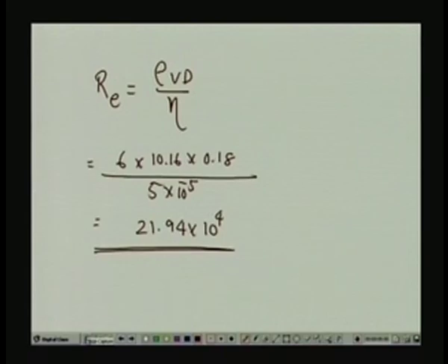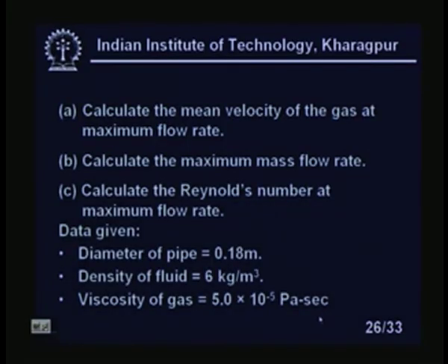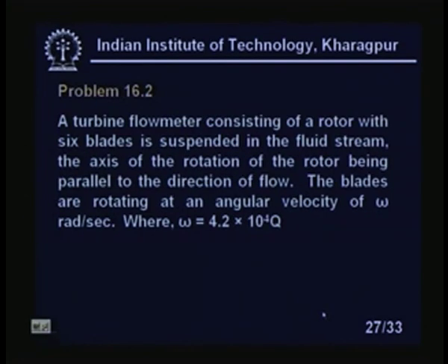Let us go to problem number 2. Problem number 2 is on the turbine flow meter, a very straightforward problem. Just plug in the equations, you will get the answer. A turbine flow meter consisting of a rotor with 6 blades is suspended in the fluid stream, the axis of rotation of the rotor being parallel to the direction of the flow of the fluid. The blades are rotating at an angular velocity of omega radians per second, where omega equals 4.2 into 10 to the power 4 q,